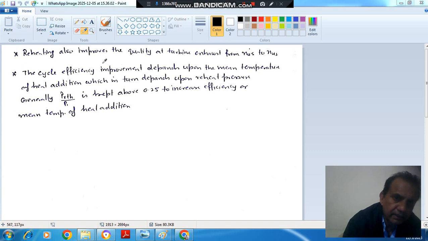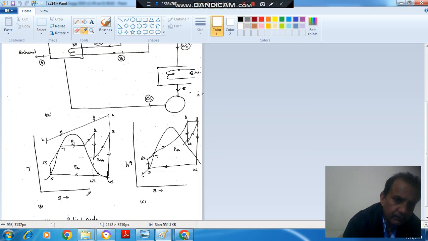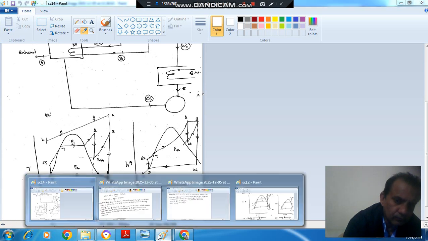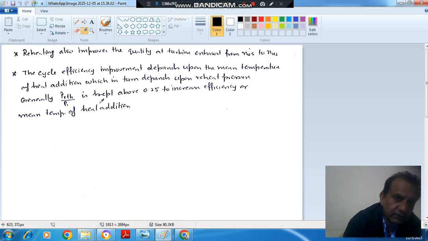Next one is, reheating also improves the quality at the turbine exhaust from X4s dash to X4s. So here this would be the quality if reheating is not done, and this is the quality if reheating is done, and this is the extra area. And the last point is that the cycle efficiency improvement depends upon the mean temperature of heat addition, which in turn depends on the reheat pressure. Generally the ratio of reheat pressure to P1 is kept above 0.25 to